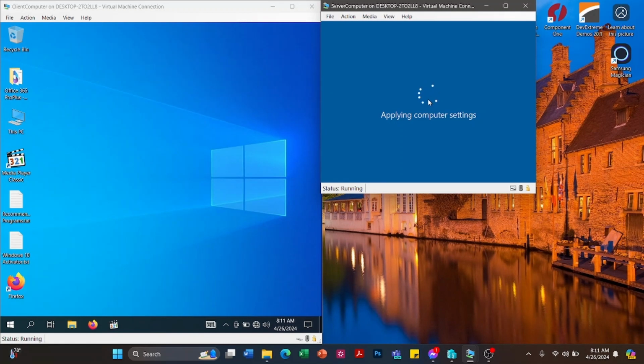So it says applying computer settings, meaning it is saving the changes of the server computer. So it is applying the settings we configured in ADDS and DNS. So hopefully, we are expecting that the Ginebra.local we configured is already installed in the server computer.